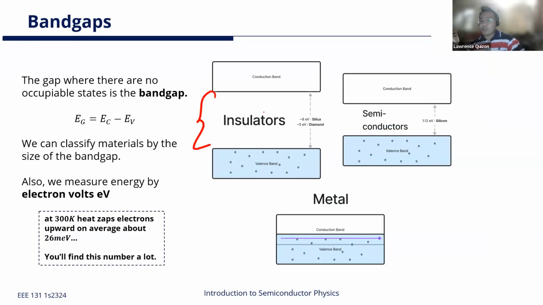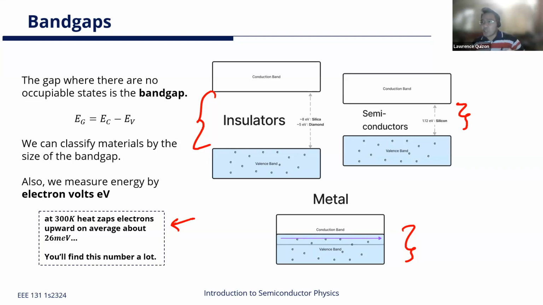And depending on the size of this forbidden gap, we classify materials. For insulators, these gaps are extremely large. For semiconductors, these are not very large, but they are within the range that can be overcome with temperature, essentially. For metals, this band gap does not exist at all, meaning it can conduct electricity no matter what temperature it is. So what really prevents insulators from conducting a lot of electricity? Well, actually,